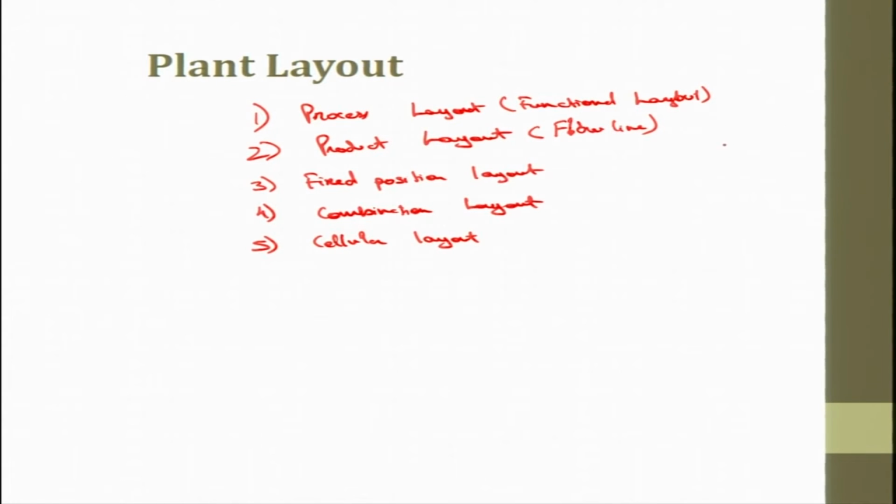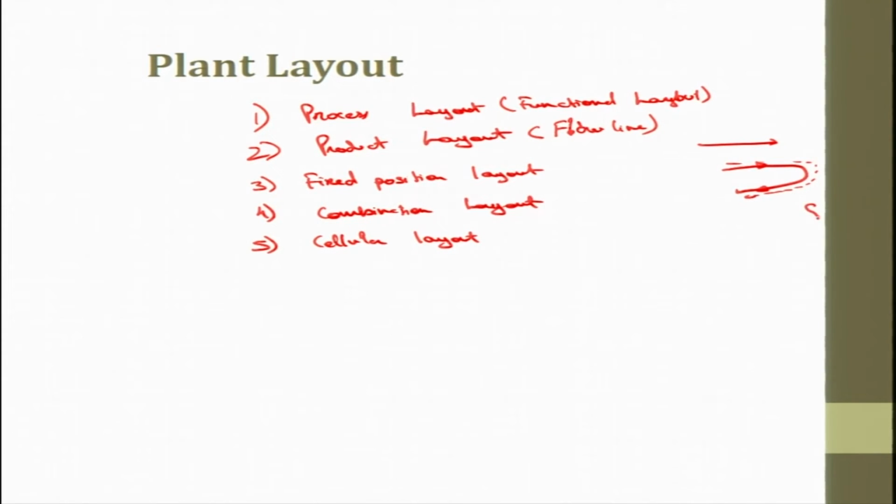When I talk about the product layout, the line can be just this in one direction, this is the line, or the line can be something like this, if the product flows through, like go here and come back here. Okay, I will show you the examples that I have made in my Technomatic software.